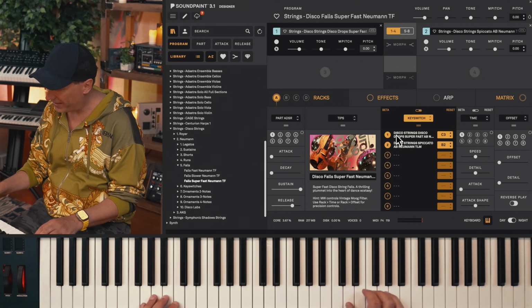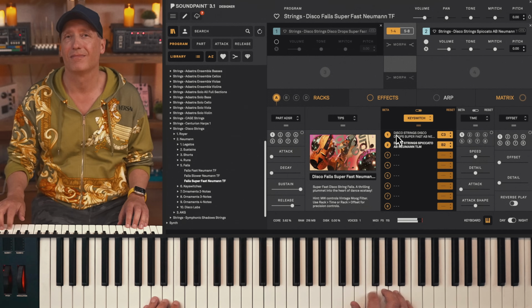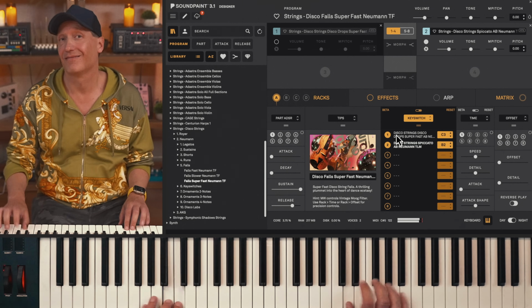So normally it would be something like this. You use them on rhythmic places where they just make sense for statements. In the same placement, you would often use a brass stab as well. So either towards the end or the beginning of a phrase, just to give that tension to it. So this was the super fast disco drop.